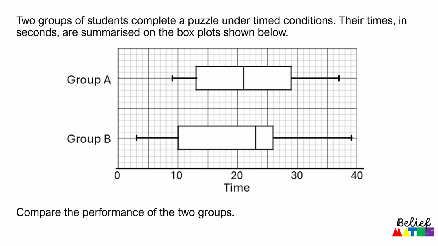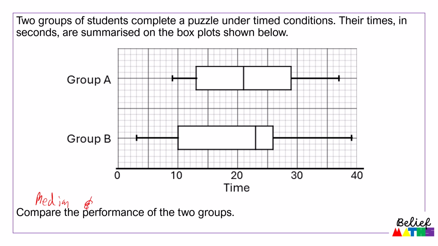Now the final question for today gives us 2 box plots drawn. And it's talking about 2 groups of students complete a puzzle under timed conditions. Their times in seconds are summarized on the box plot. So that's group A and group B. And it asks us to compare the performance of the 2 groups. Now if you're asked to compare the performance, we want to compare the median